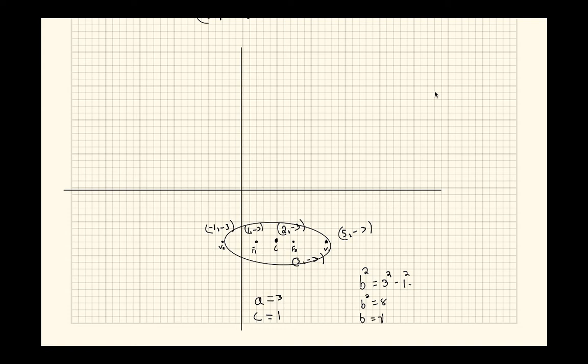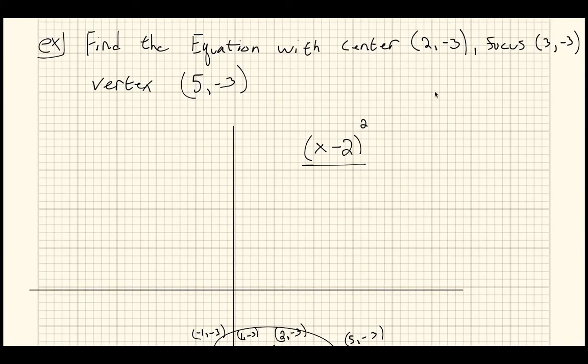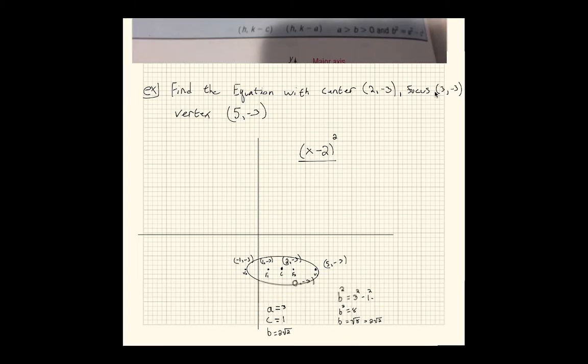B will equal the square root of 8, which is 2 square root 2. Okay, so B I should get 2 root 2. So if I'm writing my equation now, I should have x minus, what is the x coordinate of my center? That is 2. So x minus 2 squared over, now it's stretched horizontally, so my a is going to be under the x. So this is 3 squared, to be 9, plus y minus my y coordinate. My y coordinate is a negative 3, so we're going to do a y plus 3